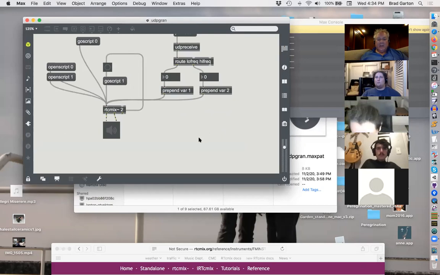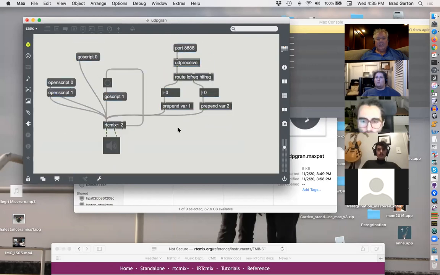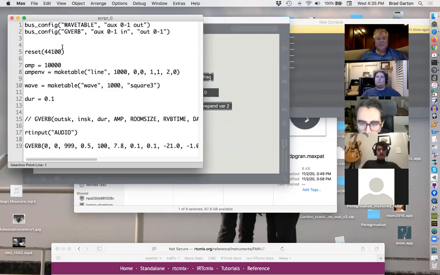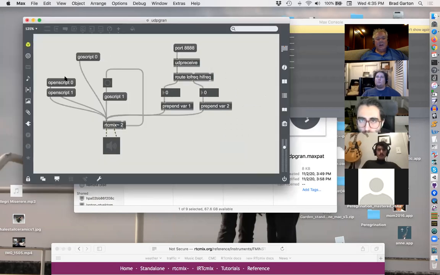This is basically, I took the granular thing that we did, okay, which you will see here, okay, and it's got the Go script 0 because it's got the reverb on it and everything like that, and it's going to be receiving on port 8888,